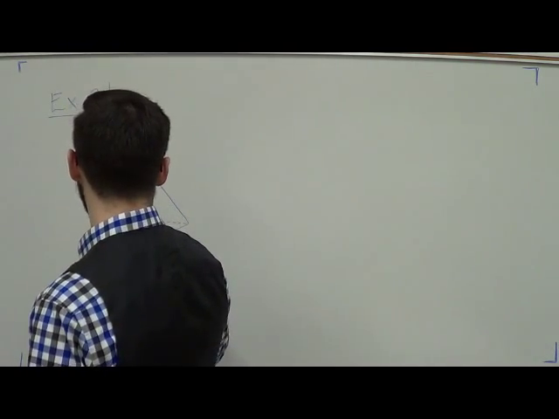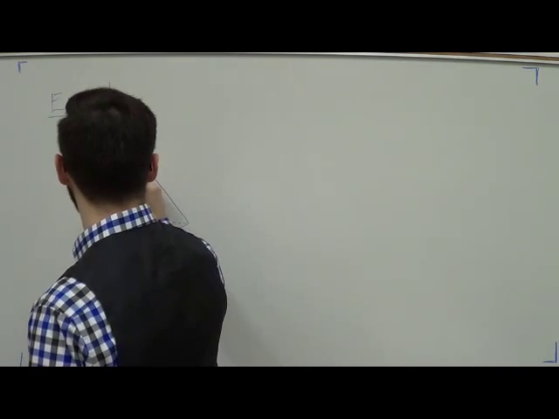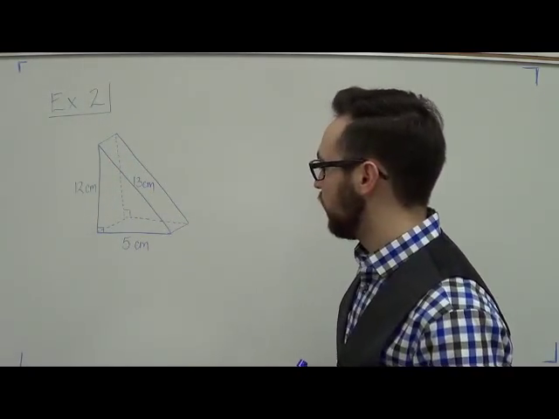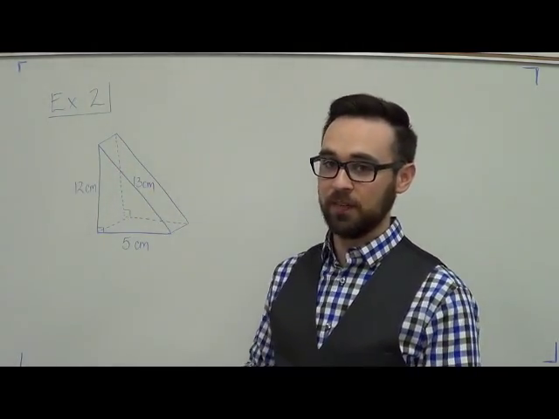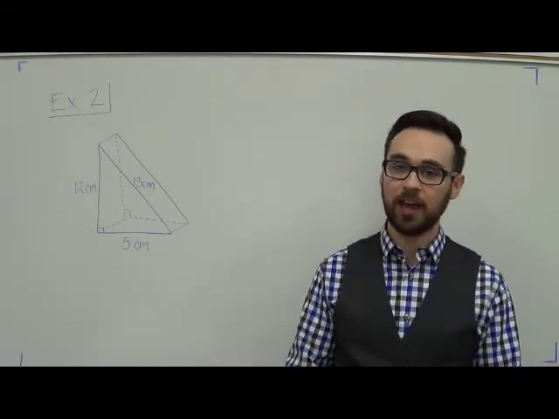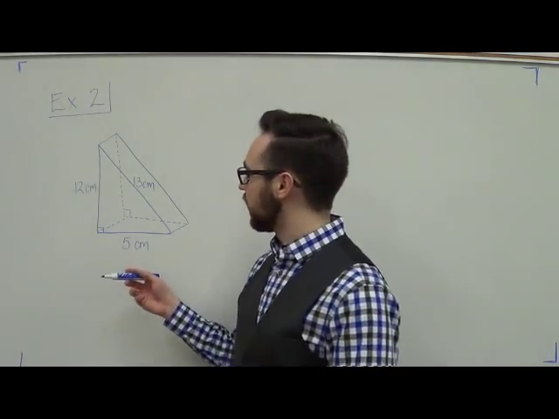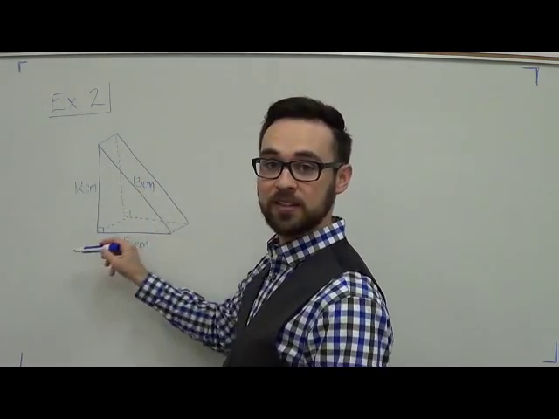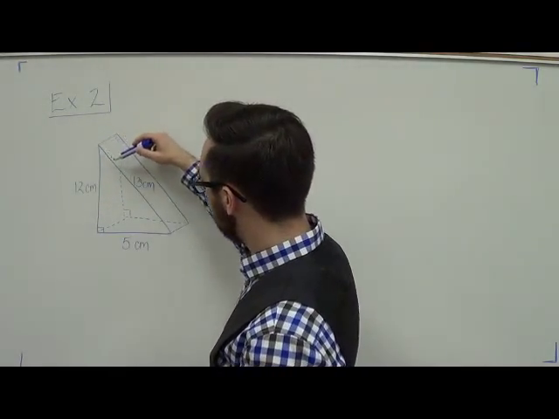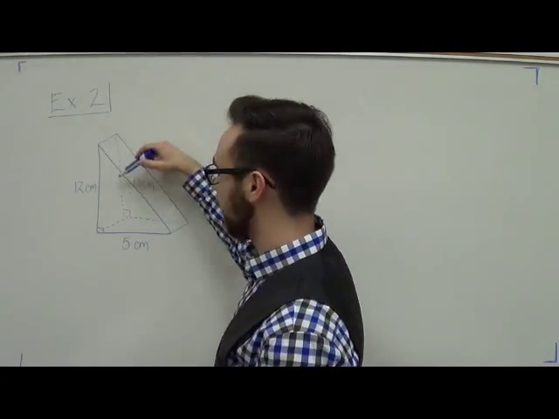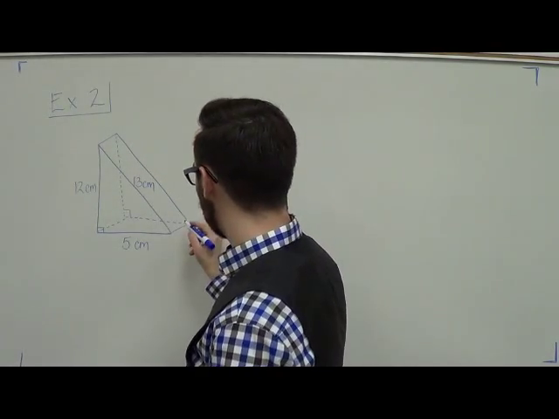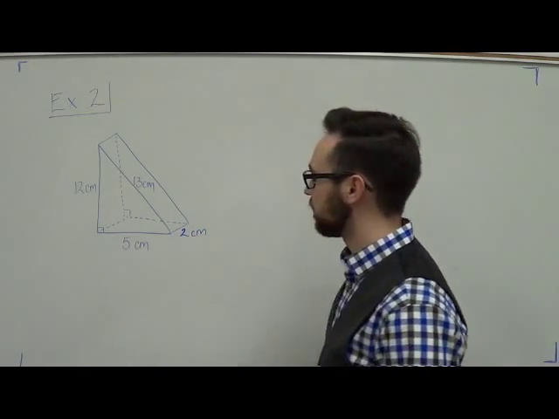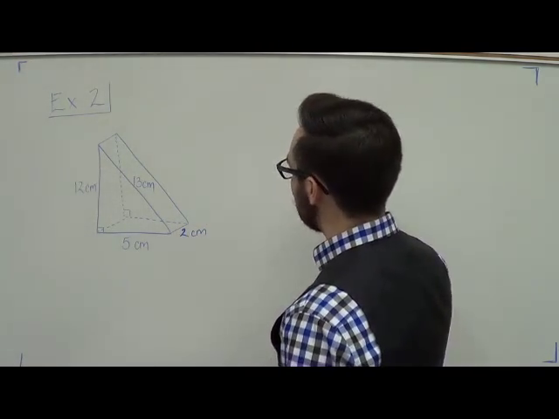a length of 5 centimeters. This side is 13 centimeters. Now notice that we need more dimensions than just 3. On the other one we use the same 3 dimensions everywhere, a length, a width, and a height. Well, on a triangle, we need to know this and this because it's the base and the height of the triangle. But then we need to know this piece because that's going to give us the area of that rectangle, right? So then we also need to know that this is going to be 2 centimeters in width, right? So if I were to draw the net of this,